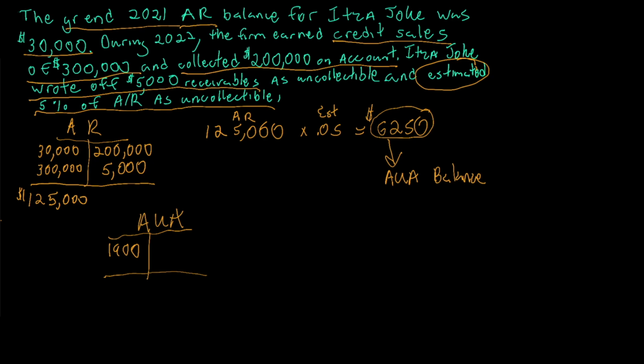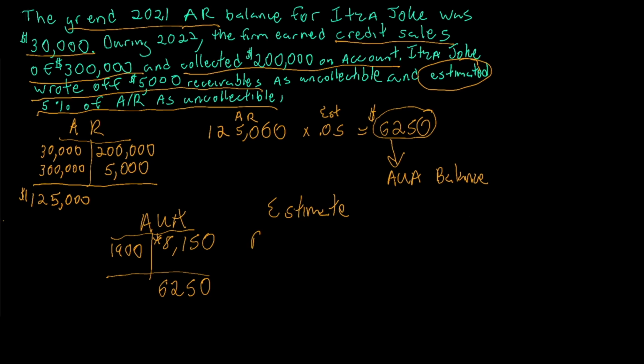The same rules apply. Allowance for uncollectible account has a normal balance on the credit side, meaning that it grows on the credit side. And so based on the calculation of the estimate, we still should have at the end of the period a credit balance for the allowance for uncollectible accounts of $6,250. But since it's on the debit side, it seems as though our adjustment will have to be for $8,150. Therefore, we are going to debit bad debt expense and credit allowance for uncollectible account for